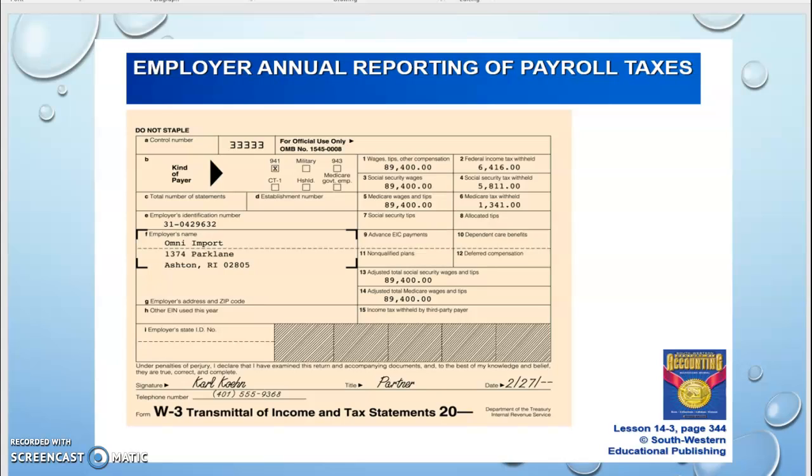So the last section of Chapter 14.4 is on paying withholding and payroll taxes. Again, as I was saying, employers must pay the federal, state, and local taxes that they withhold from their employees, as well as the employer payroll taxes that they must pay to the government. So think,